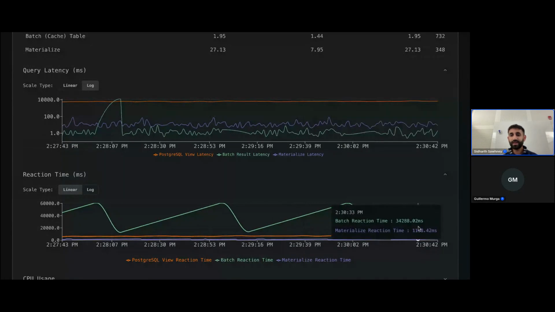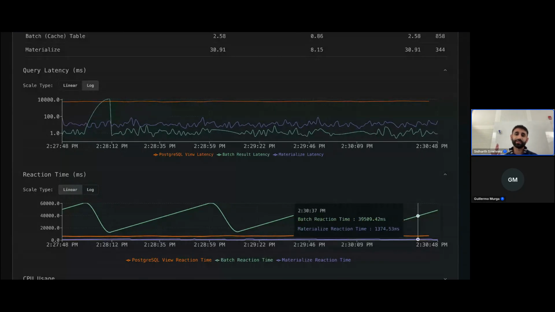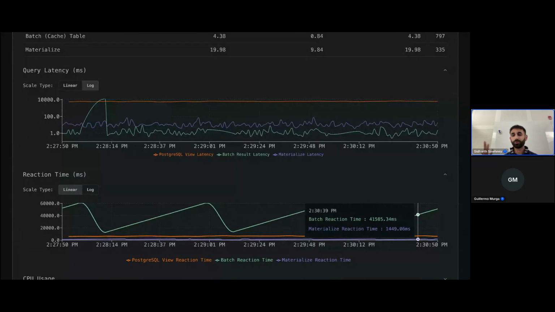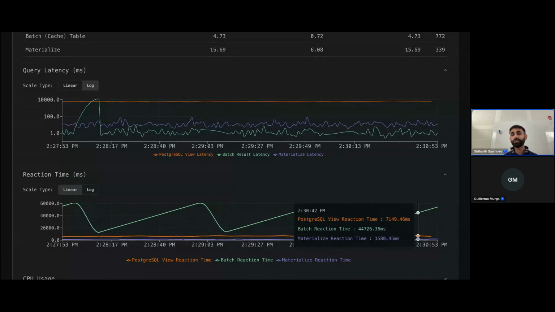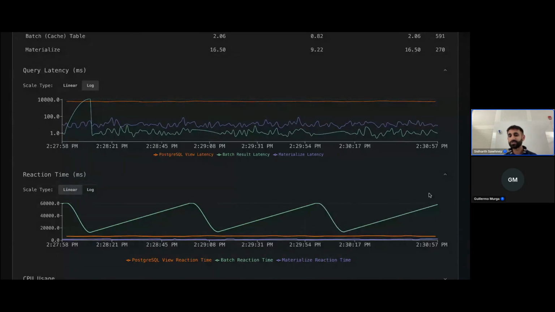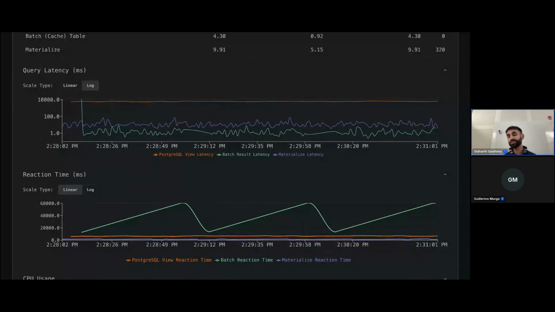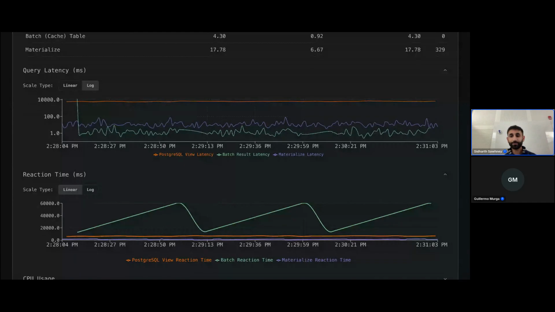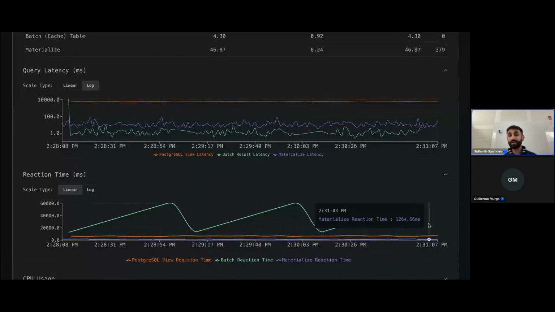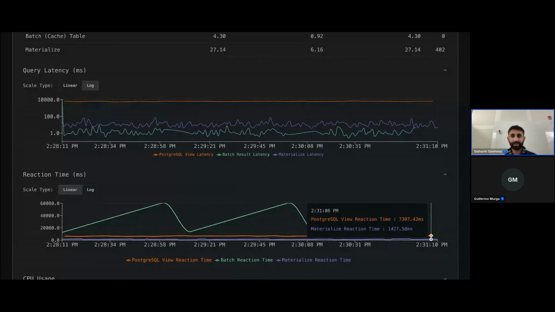But we see that the reaction time, which we can think of as the time to actually see what's changed in the real world in our data, is lower than both the Postgres and the data warehouse in this situation. Because Materialize only does the incremental amount of work, the query runs a lot quicker than it would on a Postgres or transactional database.